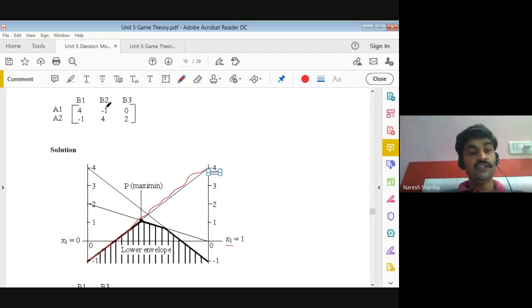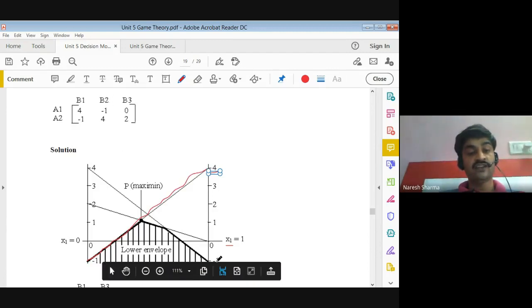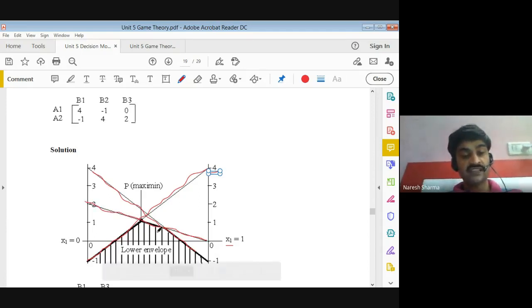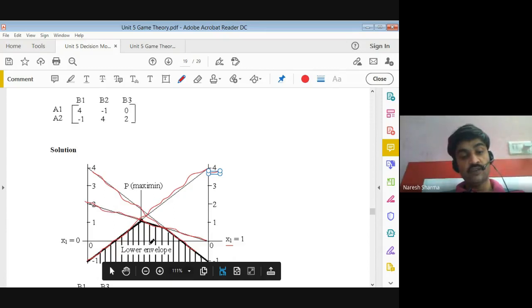Similarly minus 1, 4. So minus 1 on x equal to 1, and join this with 4. We can join these 2. Then 0 is here, and 2 is here on x equal to 0. So we can join these 2. Now we have 3 lines. Also if we see all the range lower than this, and lower than this, this is the common region, or you say lower common region, right?